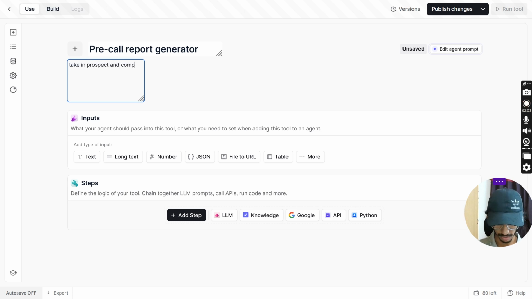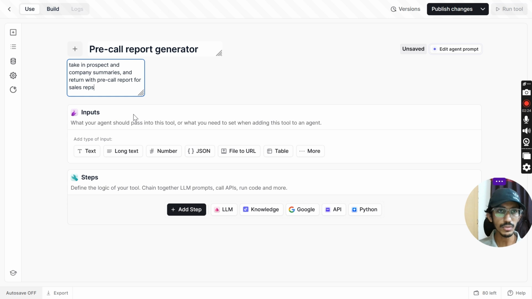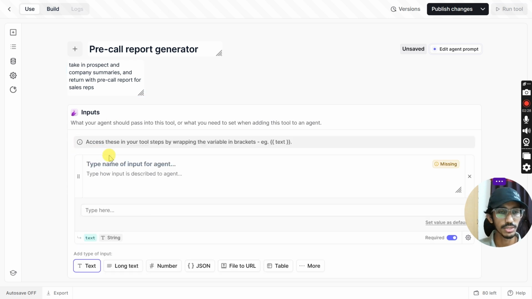prospect and company summaries and return a pre-call report for the sales rep. So we have provided a short description for our third tool, and the input of this tool will be